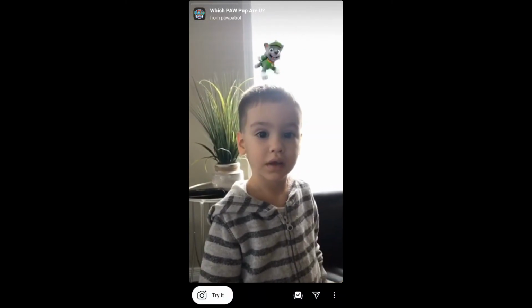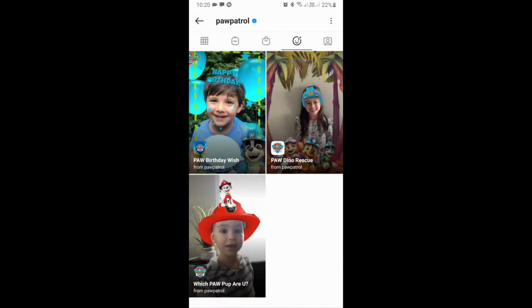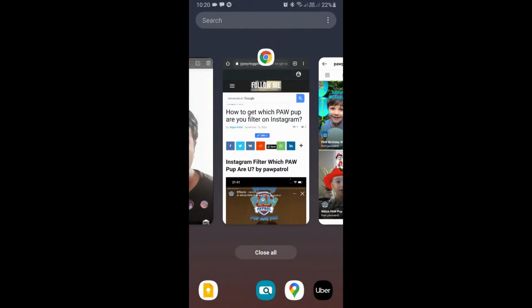preview. From here you can save it to your Instagram camera tray, and you can tap on try to try the filter. And suppose you are not getting the filter like this, then what you can do, you can visit